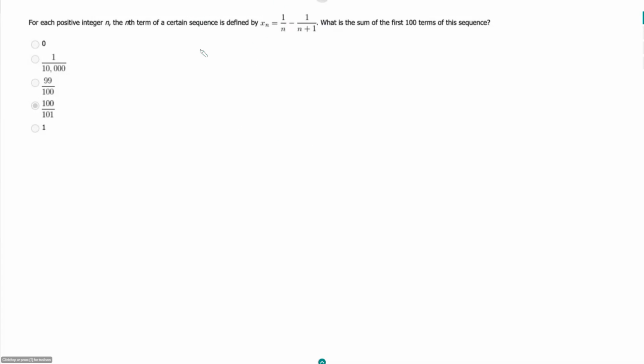as with so many sequence type questions, I'm not actually going to write out all 100 terms of this sequence and then add them up. So I might just write out the first few terms of this sequence and then look for patterns. So they're saying any term in this sequence. So